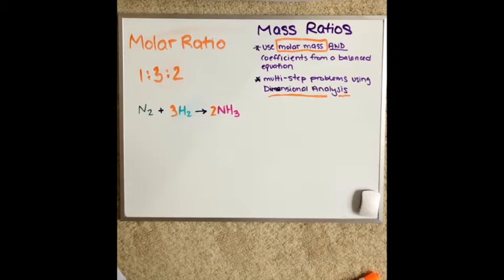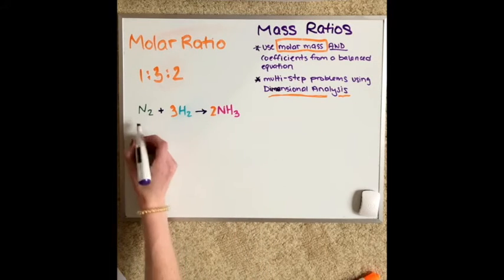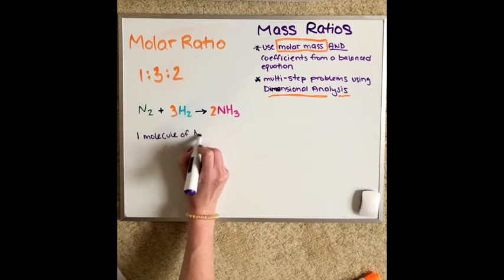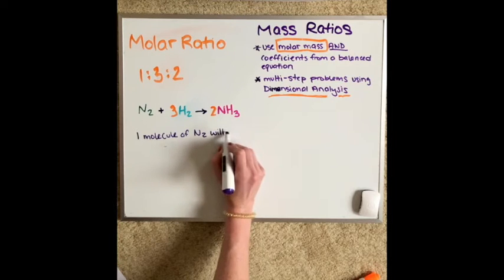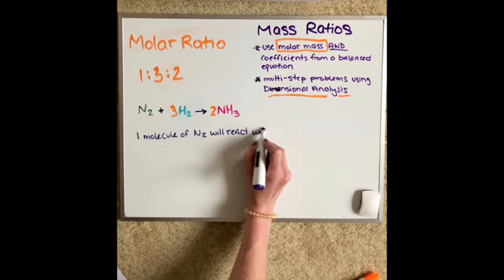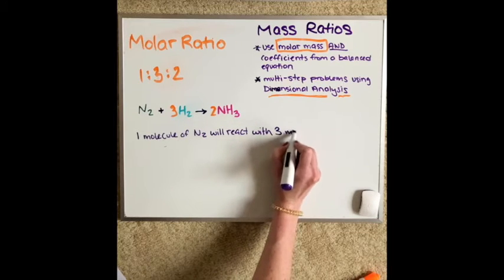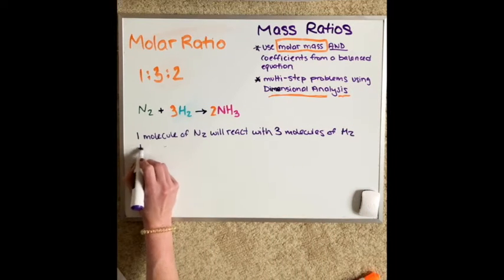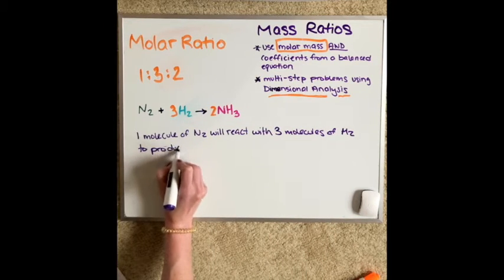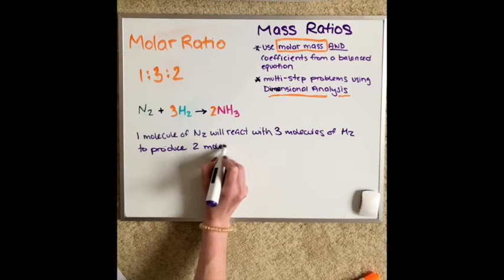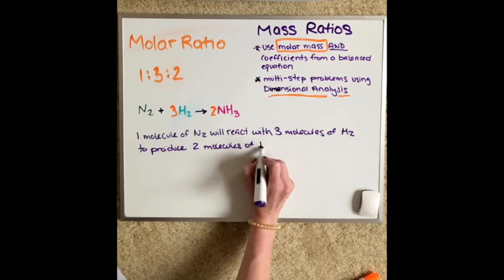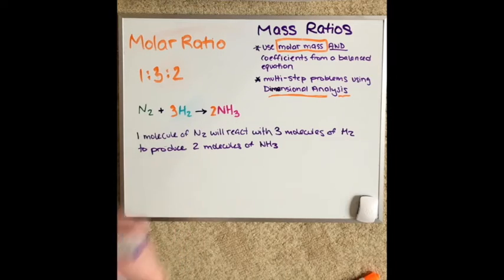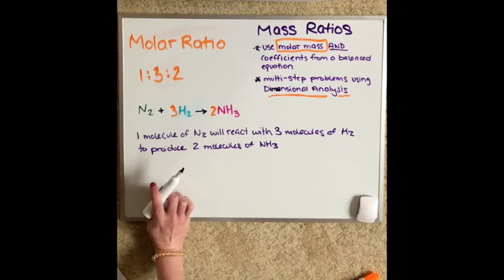Okay, so what else can we read from this equation? Well, I can definitely say that 1 molecule of N2 will react with 3 molecules of H2 to produce 2 molecules of NH3, okay? An equivalent statement would be, if you were to scale that up times 6.022 times 10 to the